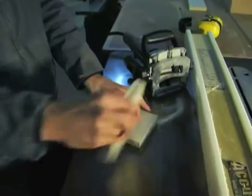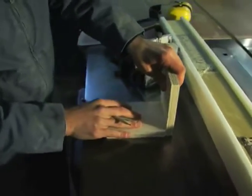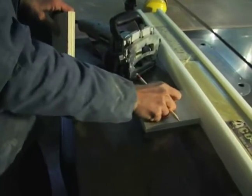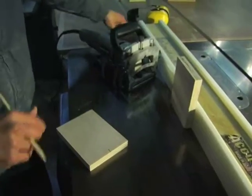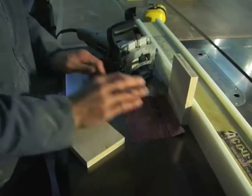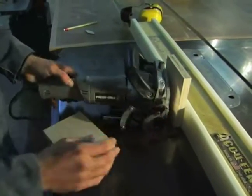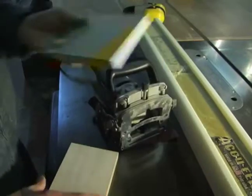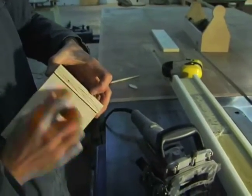So once you've made your mark, what you're going to do is you're going to cut the first one here where the actual board is going into the other board. You can cut that joint first. And then on the second one, what I like to do is put a little piece of 150 grit sandpaper below the joiner so that when you joint it, the joiner is slightly raised. And so when you go to put these together, this board is just ever so slightly proud of